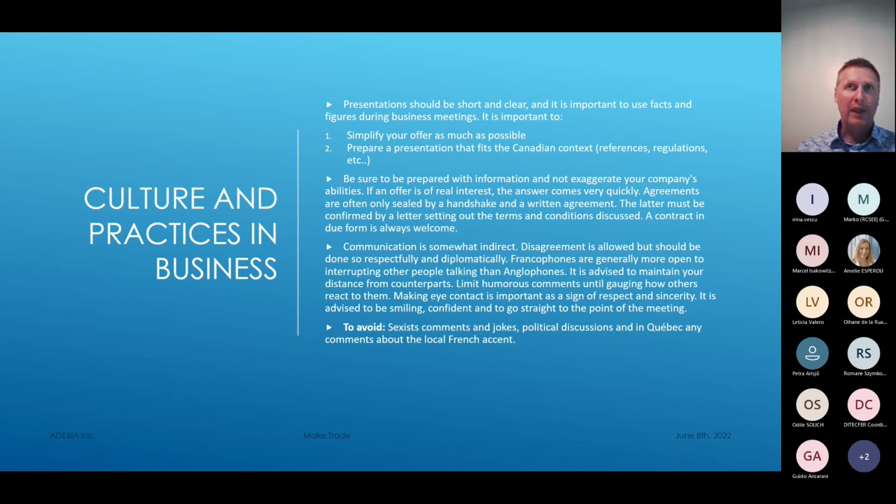Another example: in Canada, even though we adopted the metric system 20 years ago, I think now, in many industries it's still the imperial system that's being used. So if you have a presentation where it says, look, I'm using a thickness of steel that's 5 millimeters, make sure it also says 5 millimeters or 3/8 of an inch, because by doing that, the person in front of you will click right away. They know what you talk about. It talks to them. They relate to it. So very important, again, simplify and relate to your Canadian counterpart.